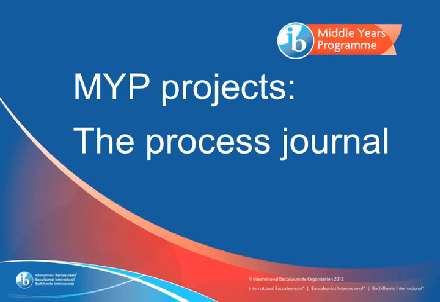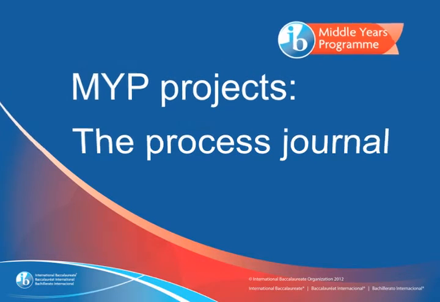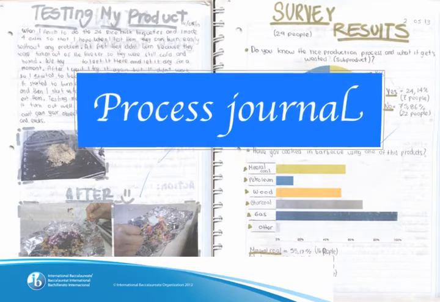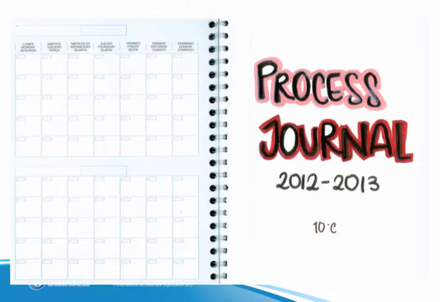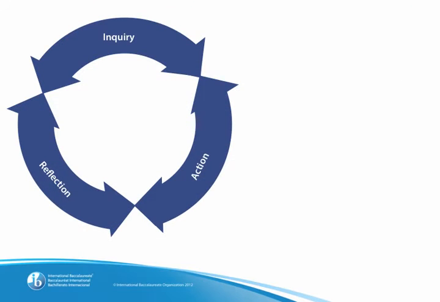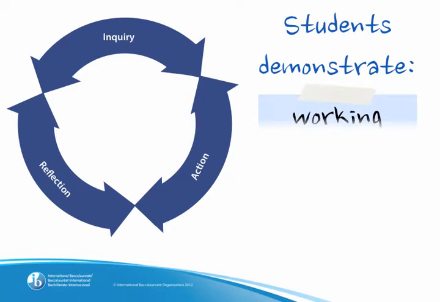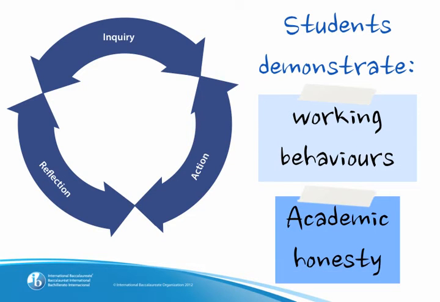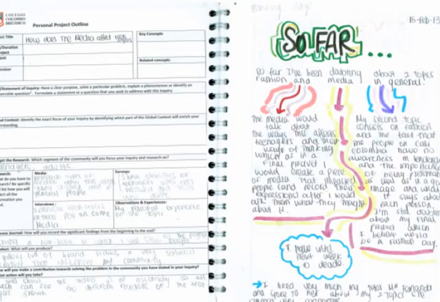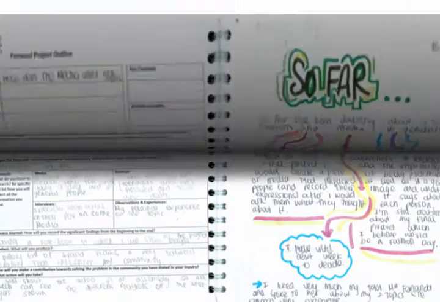The process journal is an essential working tool for developing and completing the MYP projects. Students should maintain a process journal throughout the stages of their project to keep notes on their investigation, planning, action, and reflection. In this way, students demonstrate their working behaviours and academic honesty. The process journal is a generic term used to refer to the record of progress maintained by the student throughout